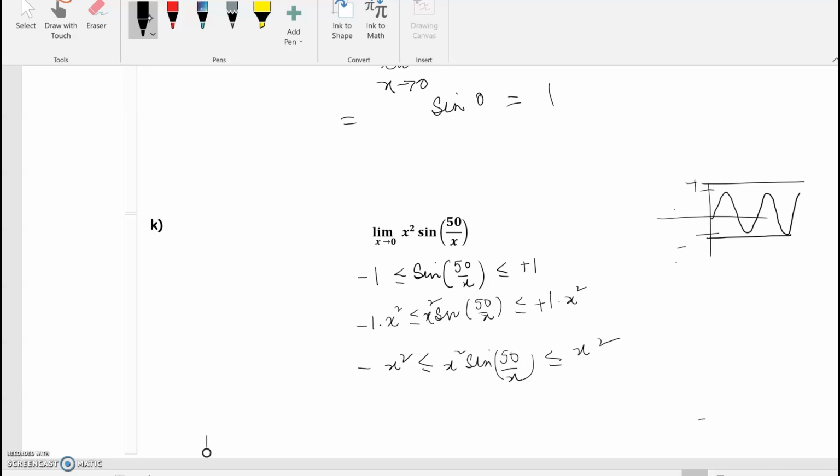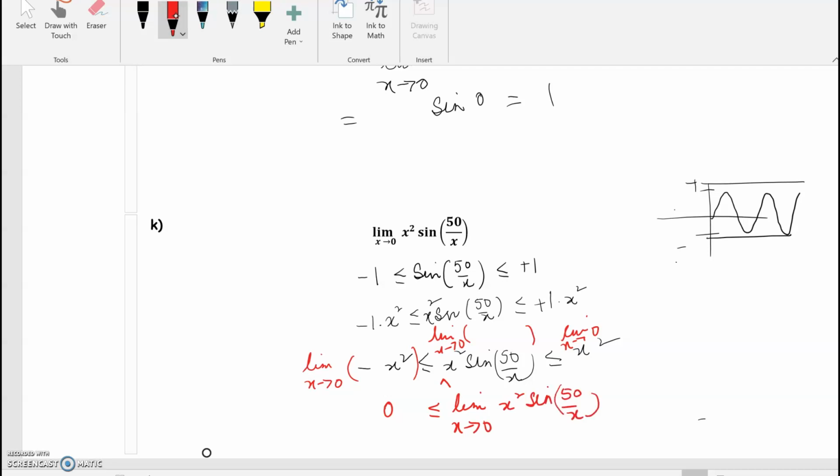Now take limits throughout. Limit as x approaches 0, limit as x approaches 0, limit as x approaches 0. So what's the limit of -x squared? You plug it in, you get a 0. So 0 is less than or equal to the limit as x approaches 0 of x squared sine 50 over x, which is less than or equal to